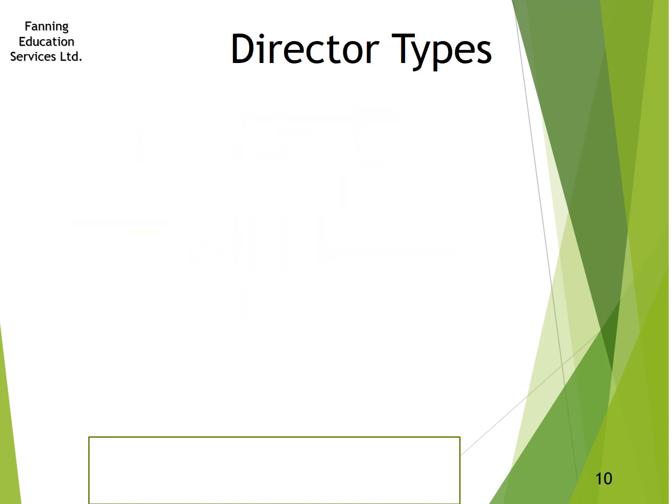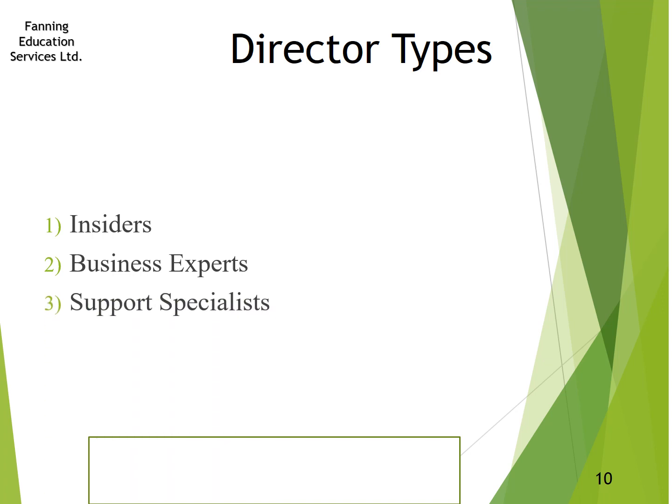And so we basically say there are probably 4 director types that can be brought through in resource dependency theory. There are some insiders, because you still need knowledge of your own firm and how it relates. You'll have people who are experts on the business you are in. So, for instance, if you are supplying computer systems to the banks, you may want to have financial experts who understand how the banks are operating. There'll be support specialists. If you're having to maintain very expensive pieces of equipment, maybe paper machines, maybe oil rigs, you'll have to have people who understand that. But you'll also have support specialists if you're dealing with international types, like people who understand different cultures, people who understand different ways of doing personnel, business, human resources.